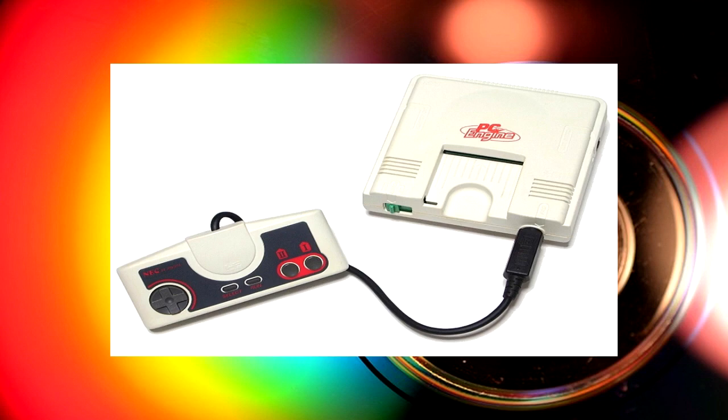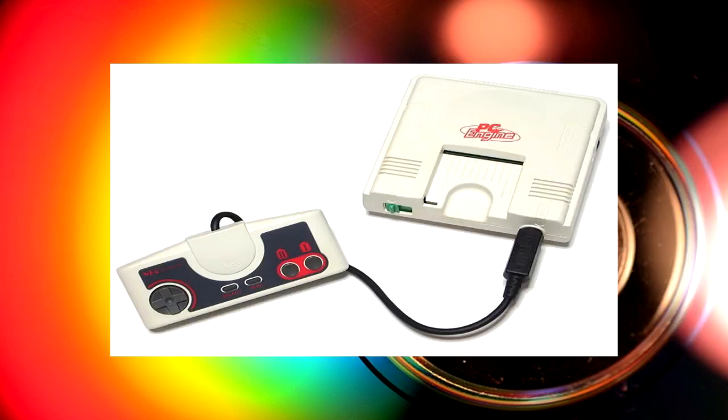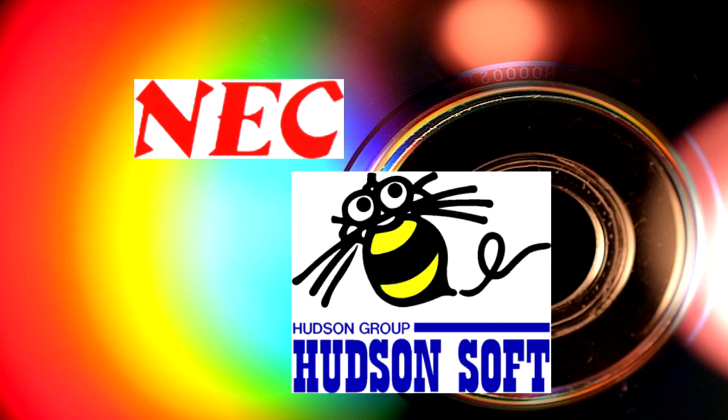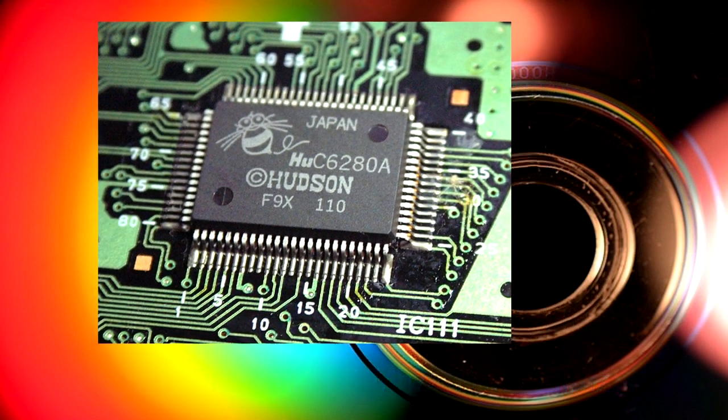Now, these two consoles had been battling out for nearly 2 years when NEC decides to enter the market on October 30th, 1987, with the PC Engine, otherwise known as the Turbografx 16 in America. Now, the PC Engine was an interesting half-breed between the 8-bit and 16-bit generations. NEC was the manufacturer, but Hudson was responsible for most of the components, including a custom HuC6280 8-bit processor that could vary clock speeds from 5.37 MHz, 7.16 MHz, and 10.74 MHz, combined with an HuC